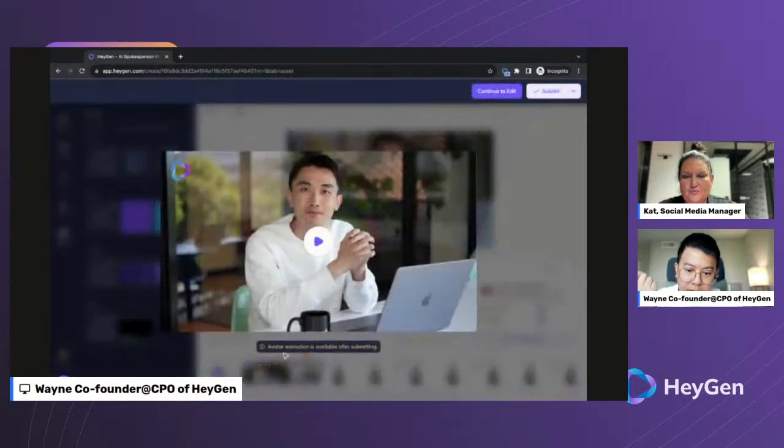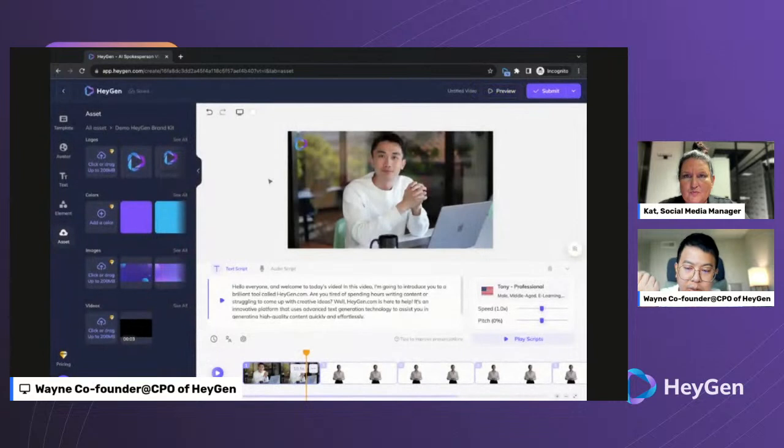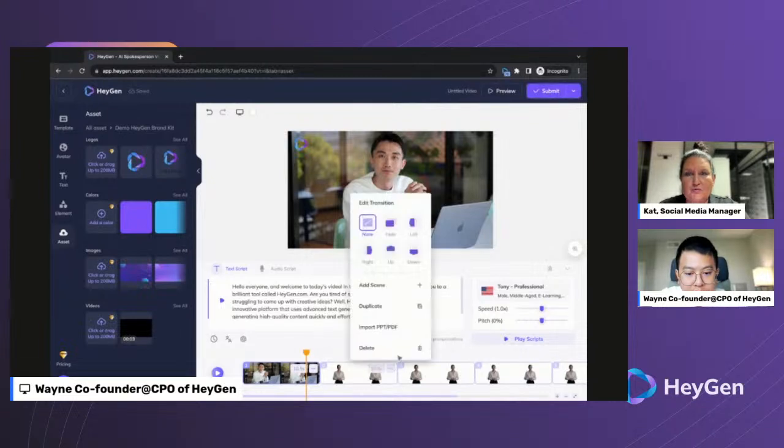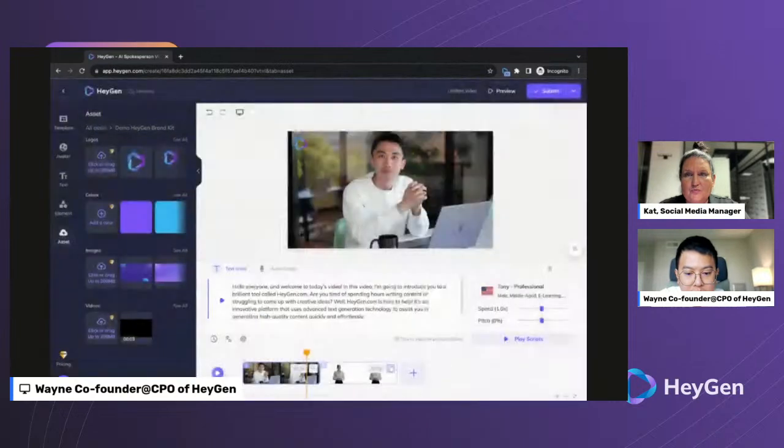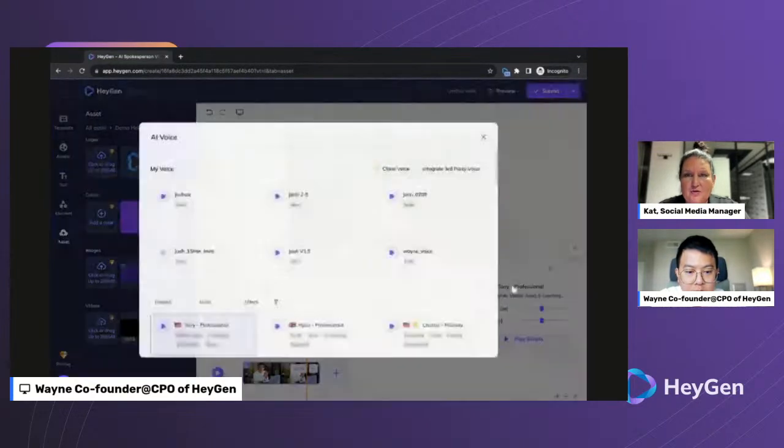One thing to notice is that the avatar animation is not previewable. That's the only thing, but everything else is, because avatar animation needs to be rendered offline after submission with heavy GPU resource. But once you are done with this, you will be able to submit and get a video later. So let me delete the rest of this first, just to submit for a quick demo. Maybe we'll be able to see this later in this session, right? So I'll just be making it shorter.